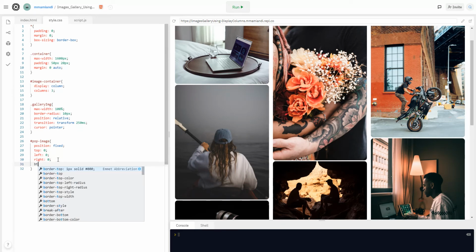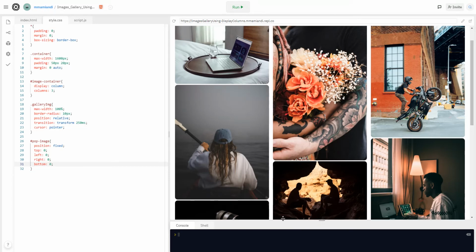Then bottom is 0, that means it's going to end down here. Start on top is 0, start by the left is 0, end by the right is 0, then end by the bottom. So it's going to be a big box all over here, and we are going to give it